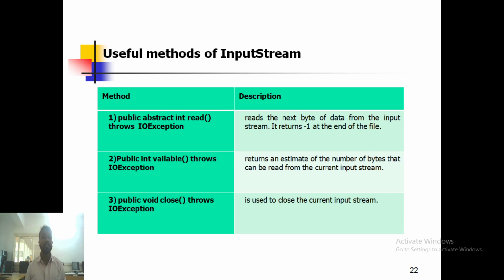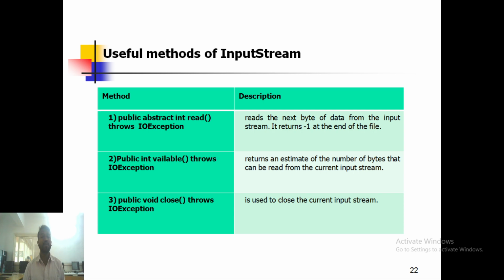In this particular stream, suppose 14 characters are there, including the space. If you read character by character, after reading a single character it means that 13 characters are remaining. With the help of this available method it will display that 13 characters are remaining.